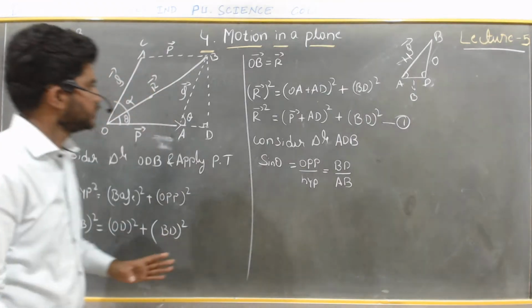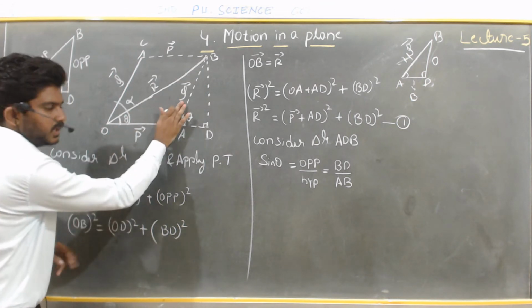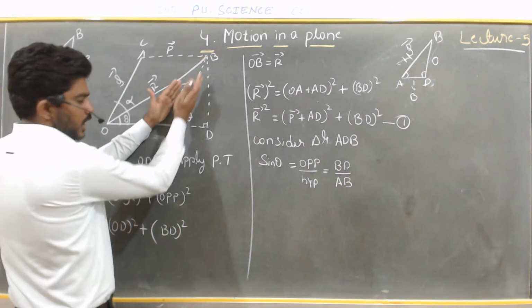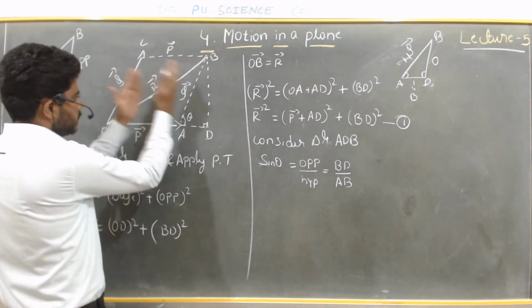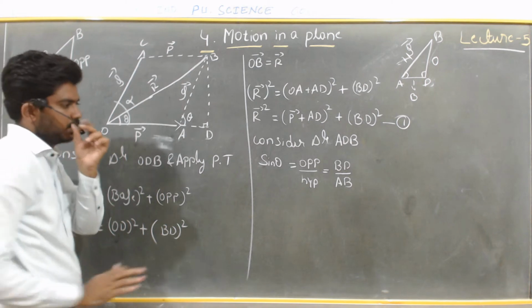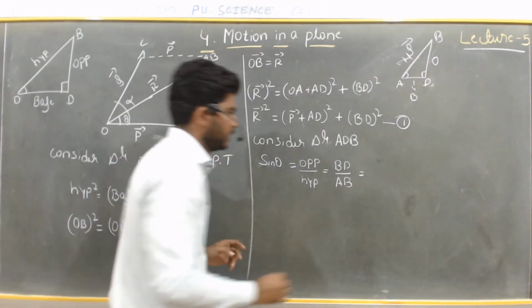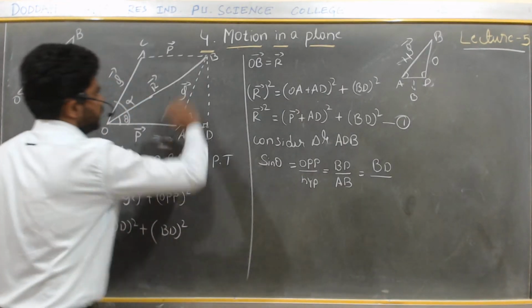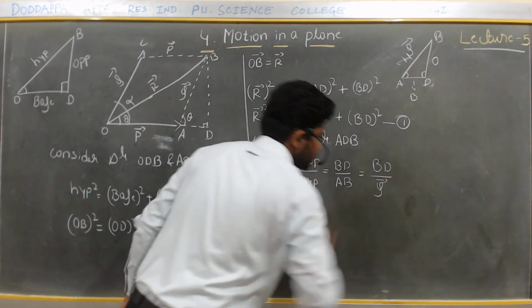See, don't get confused here. AB value we already had, which is the Q vector. First, we had vector Q, and we drew the parallel line here. If this was P, this will be P; if this was Q, this will be Q. So what did we get? See here, the value we don't have, that only we have to find out here, BD. But we have the value for AB. AB is what? Q vector.